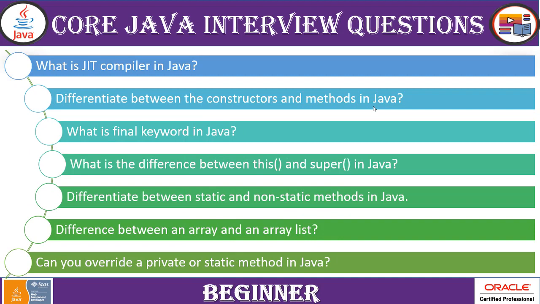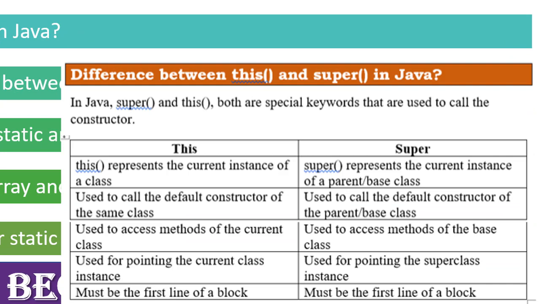Next. What is the difference between this and super in Java? This and super both are used to call constructor. In case of super, we use it to call the base class constructor, that means the parent class, whereas this is used to